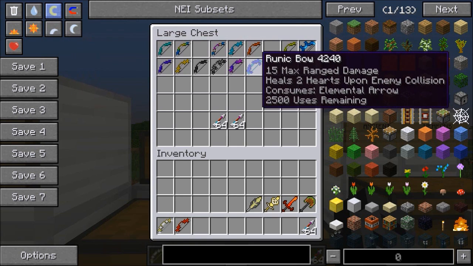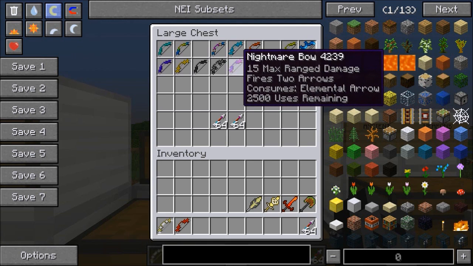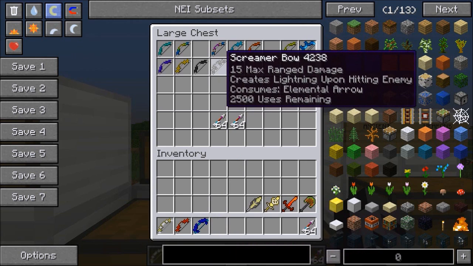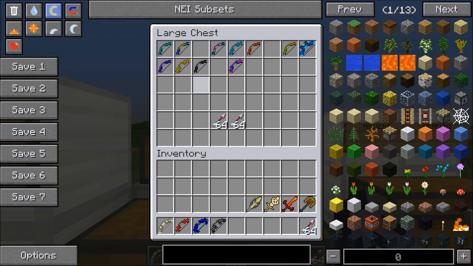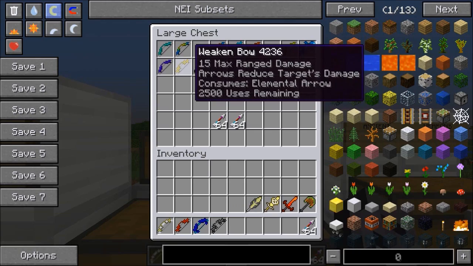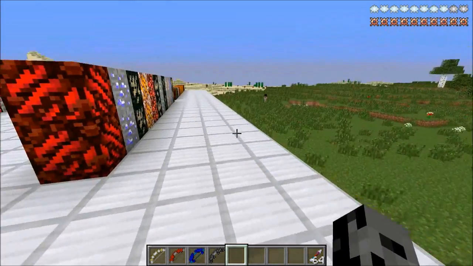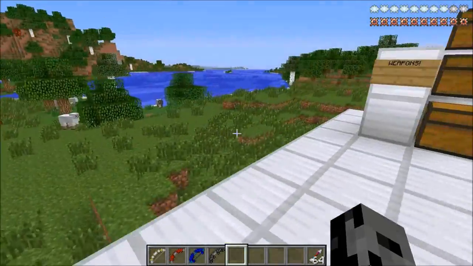Heals 2 hearts upon enemy collision. So this one's gonna heal you when you attack with it. We'll grab that, and I'll actually go into survival and test that one out. Lightning upon hitting an enemy. That is cool. We'll get that. Wither effect. All kinds of stuff. Reduces target's damage. Okay, so I'm going to go into survival, and we're going to kill a couple animals and